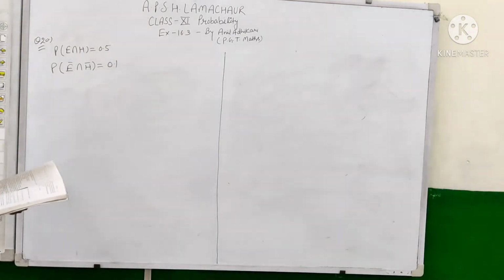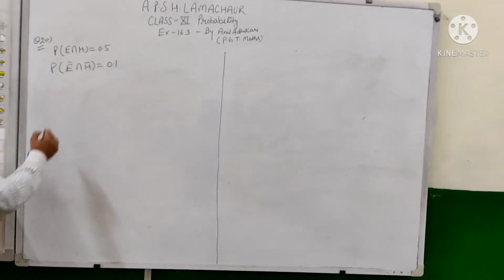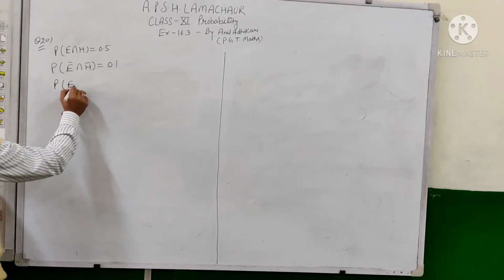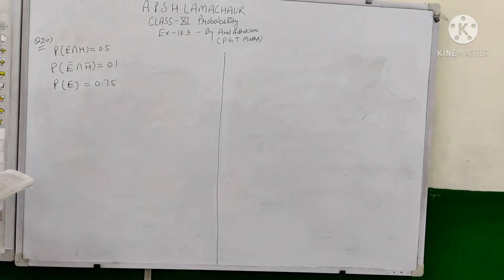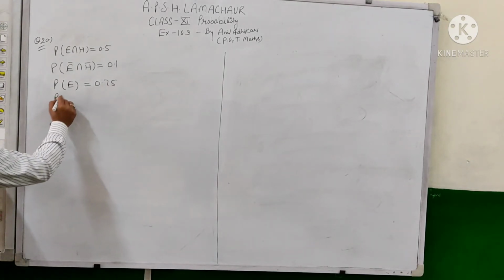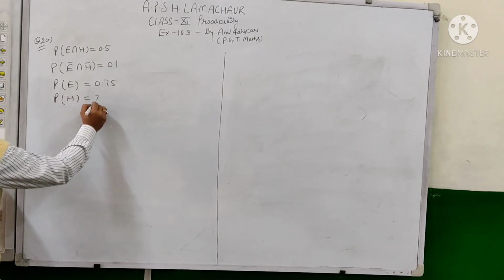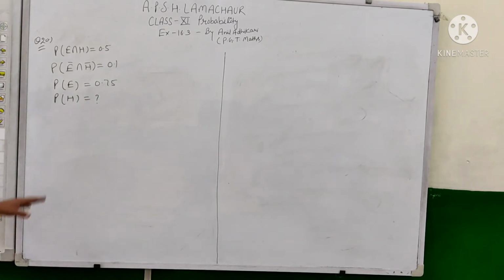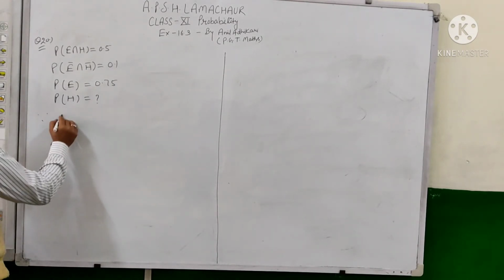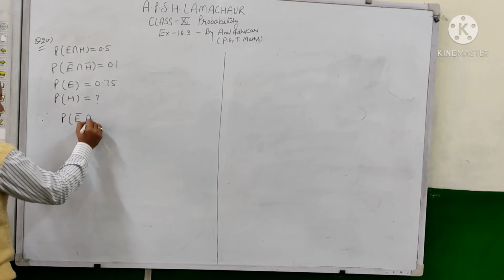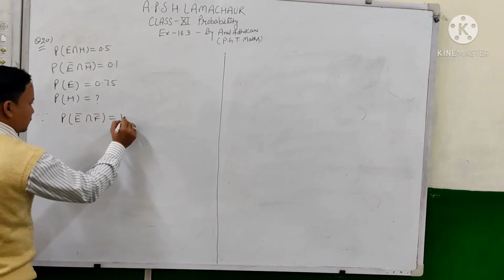If the probability of passing the English examination is 0.75, what is the probability of passing the Hindi examination? We need to find P of H. P of H indicates the probability of passing the Hindi examination. So, dear student, as we know that P of E not intersection F not is equal to 1 minus P